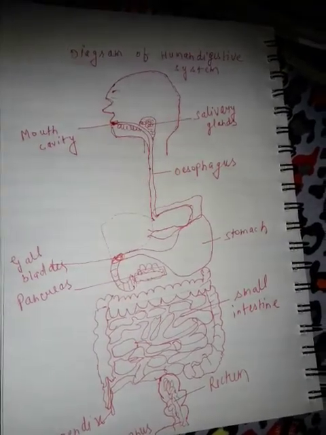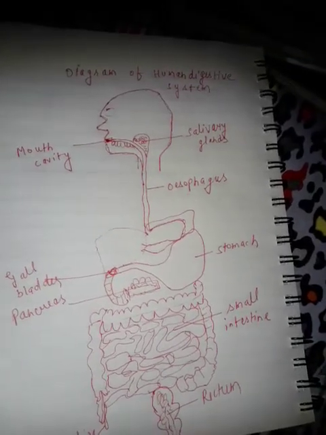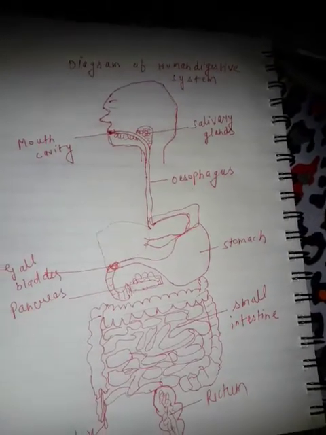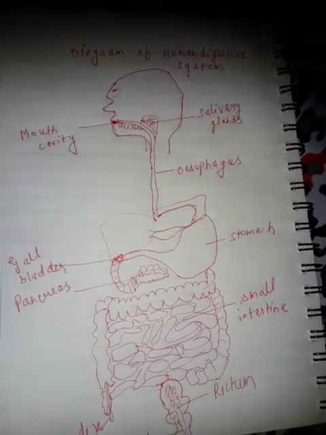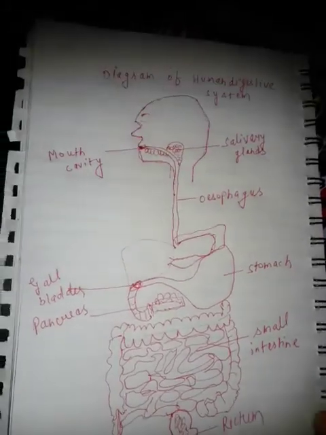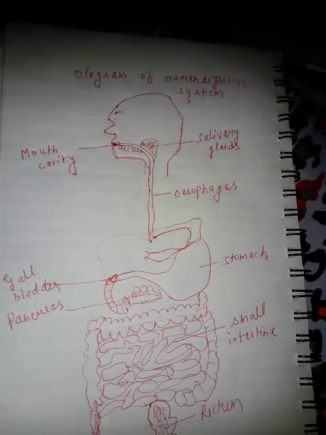You have to draw it neat and clean, and in the proper way, and you will take revision of this. And yesterday I told you one diagram, and the name of the diagram is